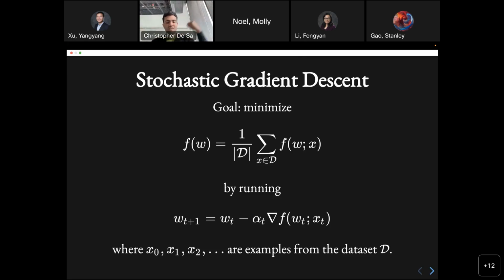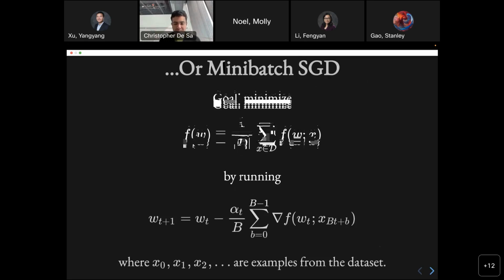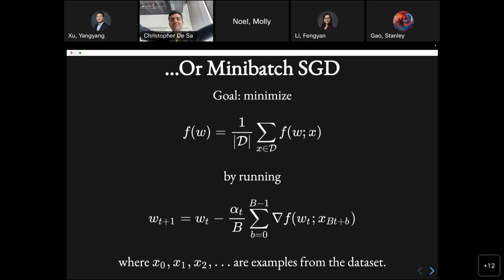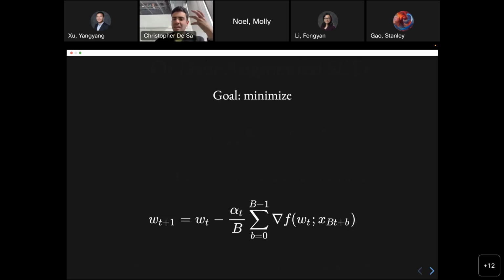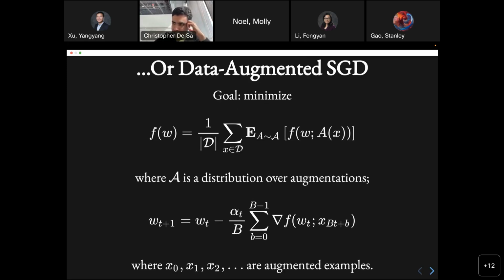So every time we're drawing a single example, we're improving the parameters using that one example. And of course, what we actually run in practice is something more complicated than this. We use a mini batch of examples, a group of examples, but the basic idea is still the same. And often, especially in vision applications on small data sets, we actually do something even more complicated than mini batching